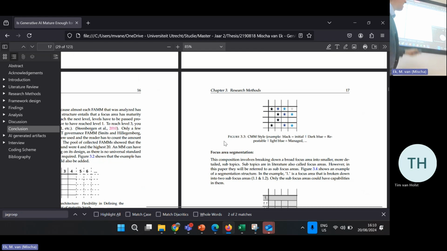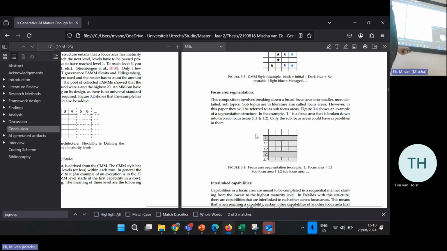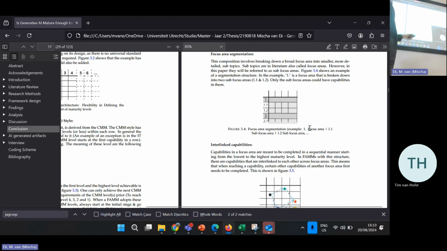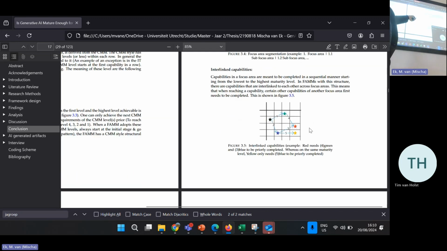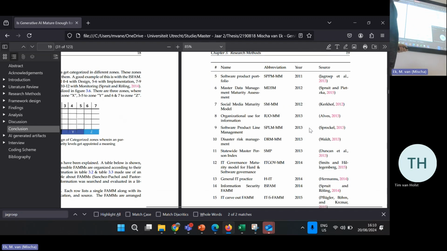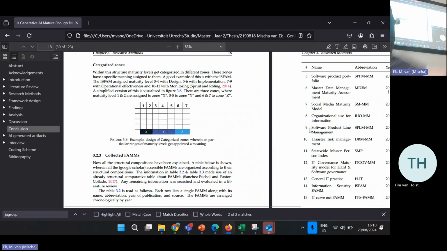I'm not going to use the CMM logic. When they say this is supposed to be initial, then repeatable, I'm going to use segmentation. I don't use interlinks capabilities. For me, it just goes from left to right per lane. And some even have labeling of what specific zones meant.